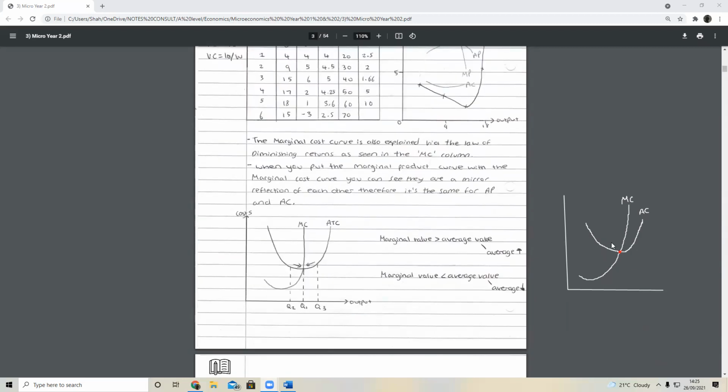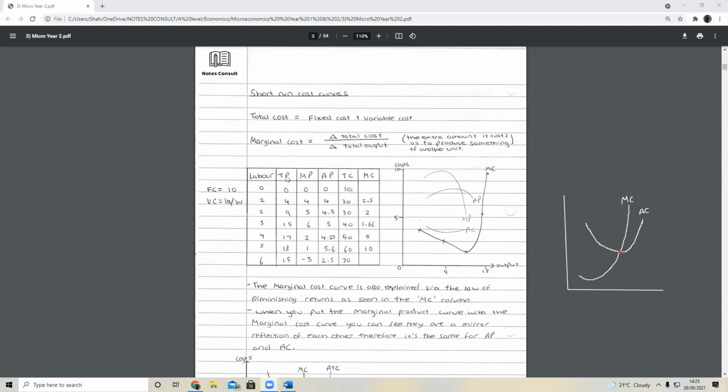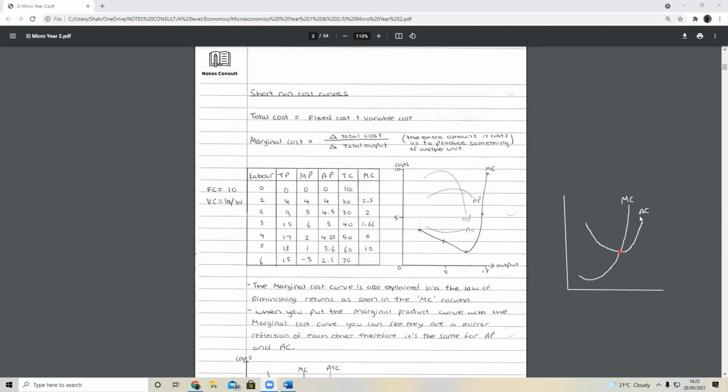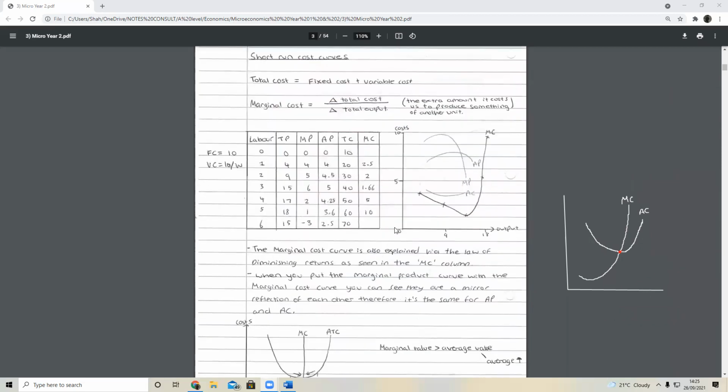And if you're wondering where these cost curves are coming from, it's always coming back to these tables here. I don't think your school is going to teach you how to derive these or anything like that. You just have to know the meaning of these things. So the meaning of marginal cost, which you just did, and the meaning of average cost, which is basically the formula that we looked at: the total cost over the quantity. And you need to know how to actually calculate them.